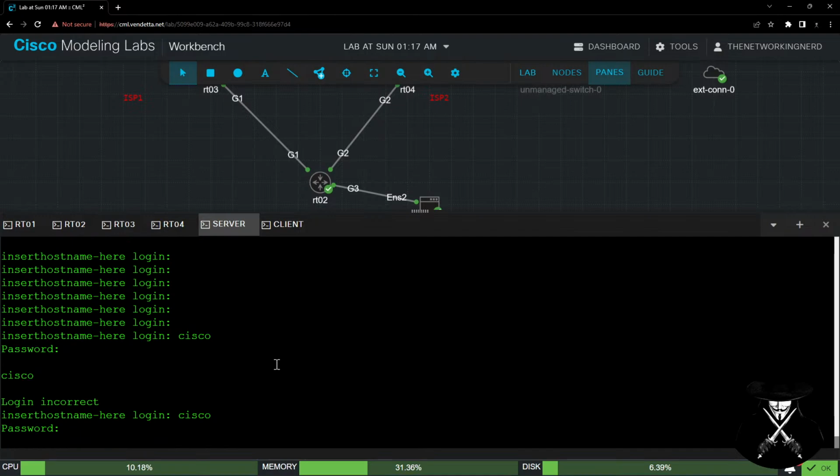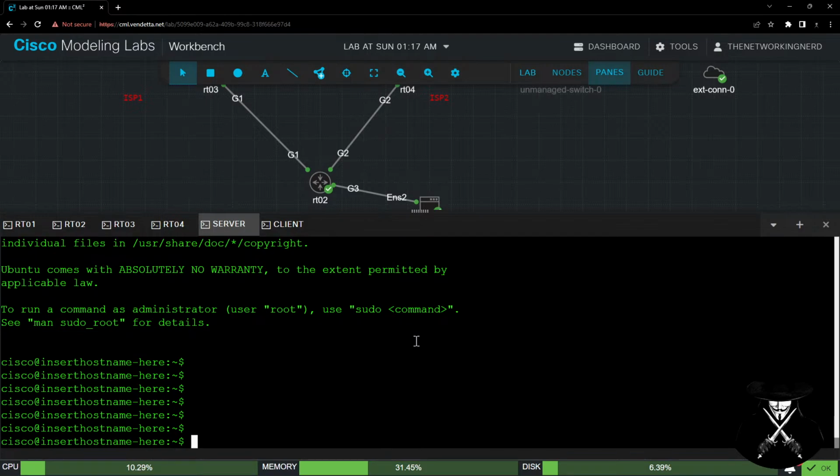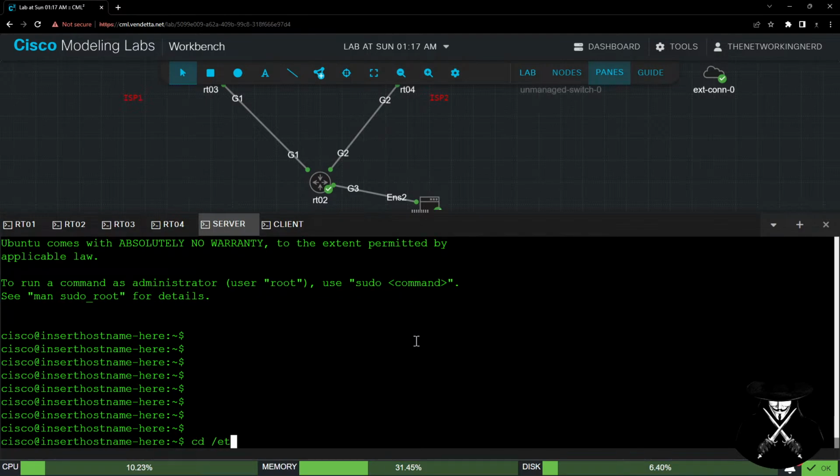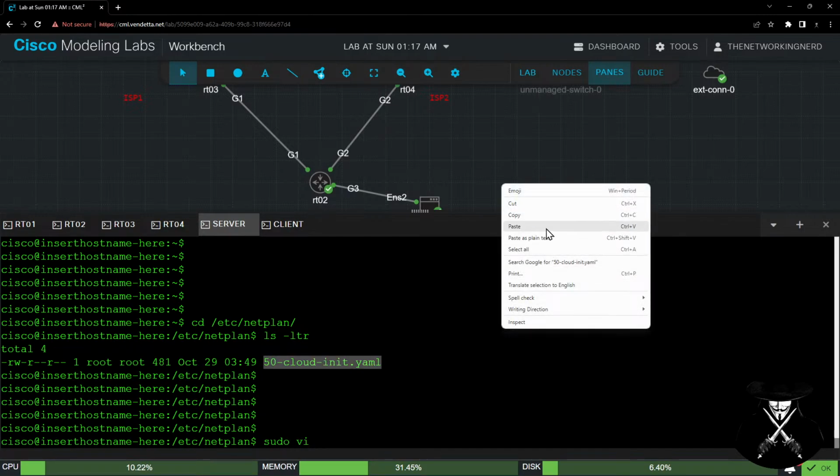So username and password is Cisco by default. Okay, so let's see. This is the server. So for the Ubuntu host, there's typically a /etc/netplan host file with the configuration. So we'll have to go in here and